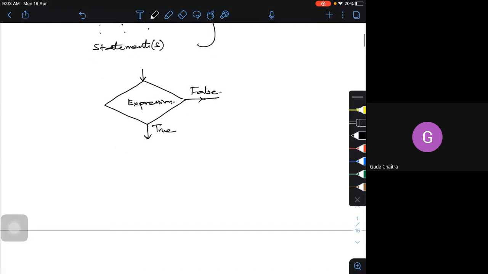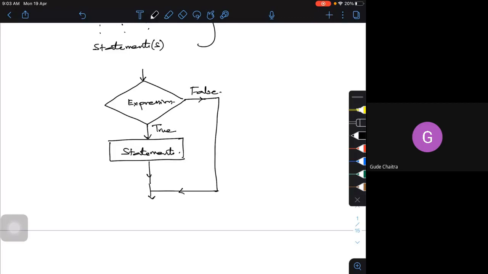If it is true, I'm going to execute two statements. If it is false, I want to exit. This is how the statements will work. This is the simple if statement flowchart.